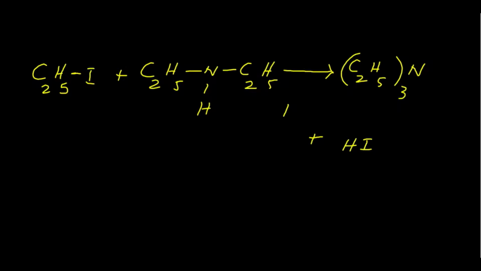Students, how many ethyl groups are attached to the nitrogen? Since there are 3 ethyl groups, it is triethylamine. Triethylamine is formed. Now students, we will see the next reaction. In triethylamine, the nitrogen atom has a lone pair of electrons on it. So we take triethylamine,